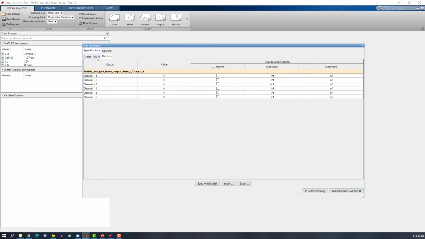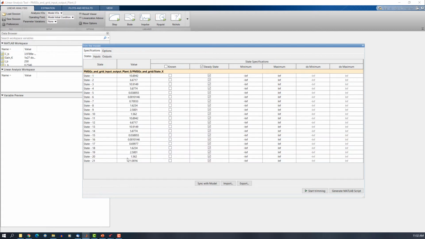Here I know some states of the system. I know this state, and now I will act around this state. So we put this around this value of that state. So I will fix this state, on the known column. Alright, so we fix the two states. Here this is actually a system of two wind turbines, and the equivalent grid dynamic. So I know this state,